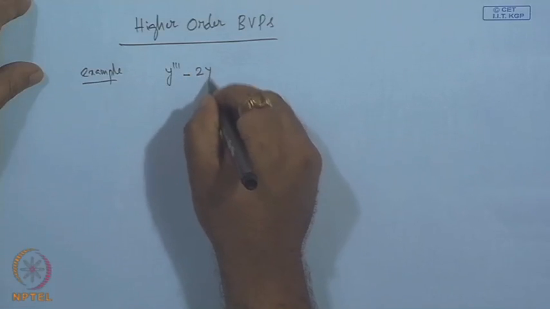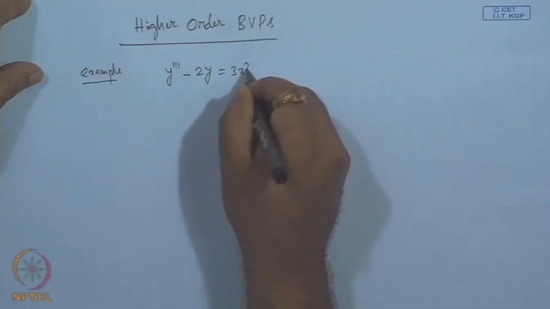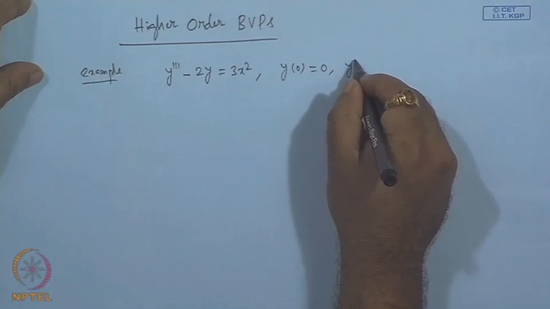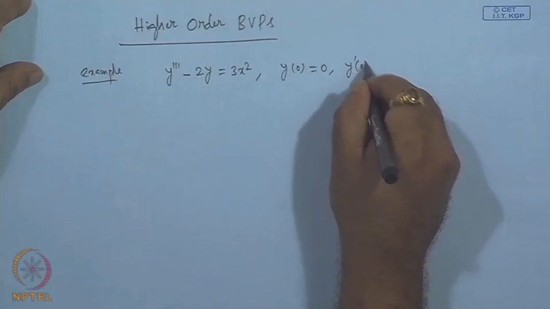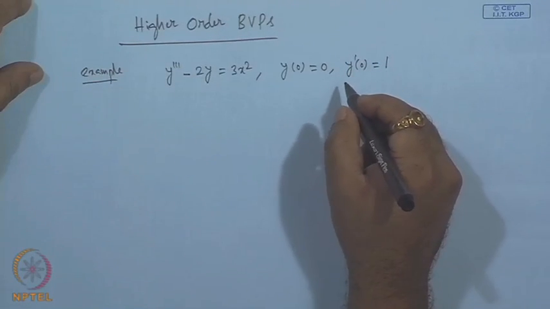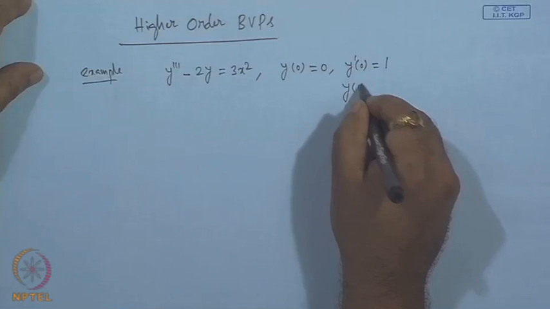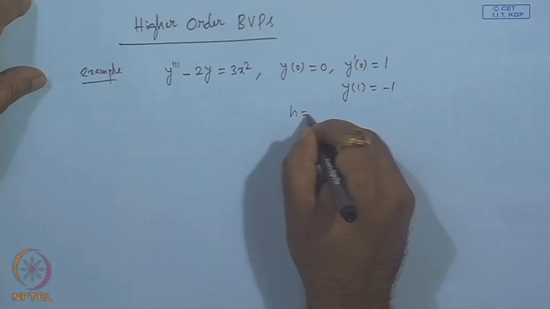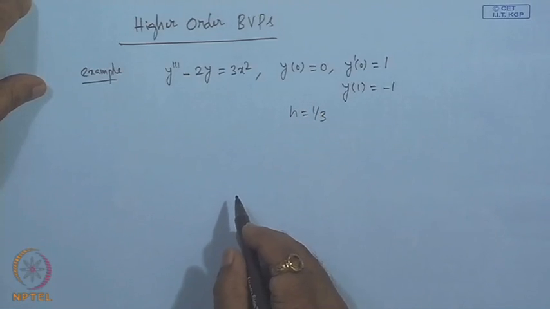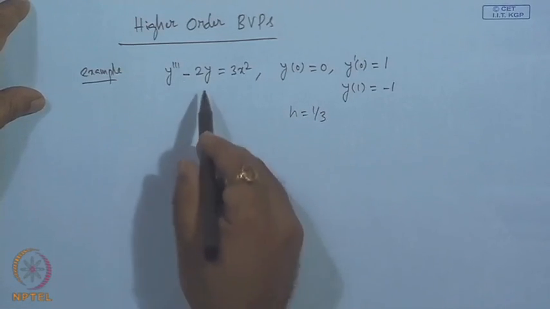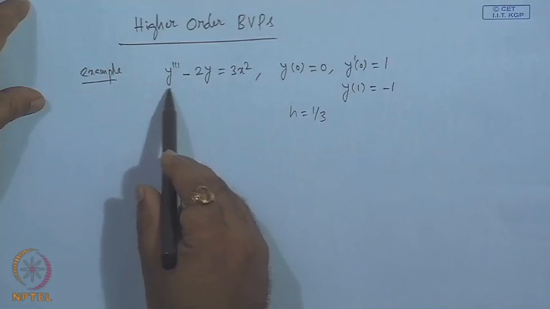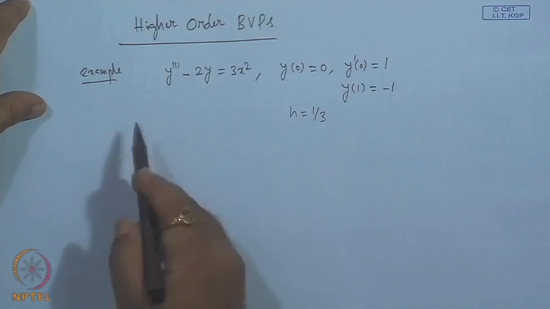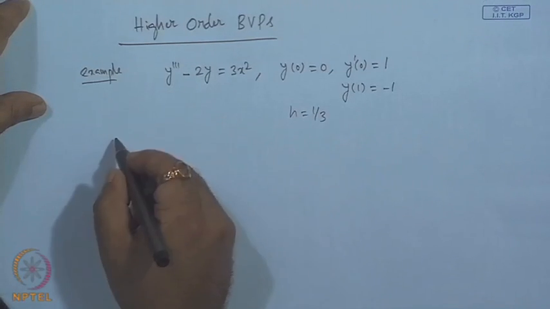Consider this equation. So, y dash of 0 is 1 and say y of 1 is minus 1. Say h is 1 by 3. Okay. So, now with usual discretization, one must obtain for y 3 what should be the corresponding approximation. So, we have done it in the first lecture. So, accordingly y 3 is approximated as